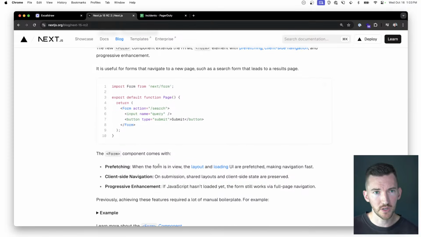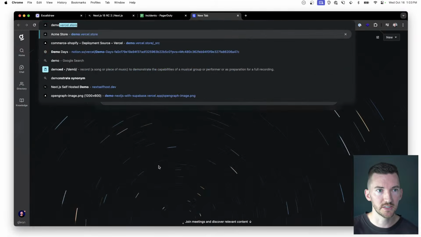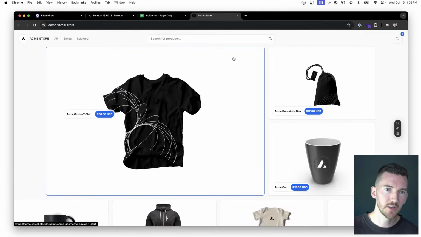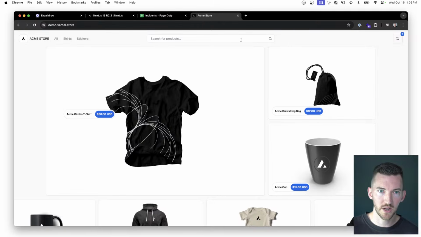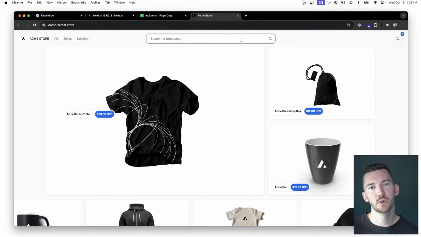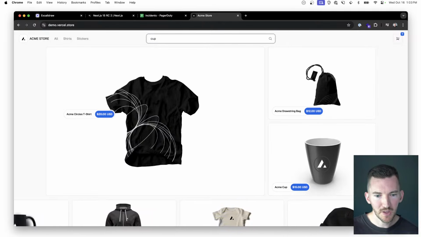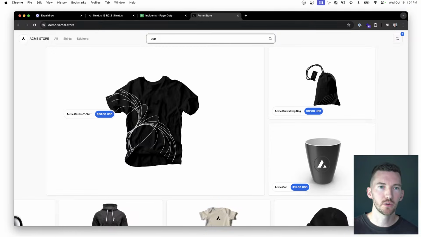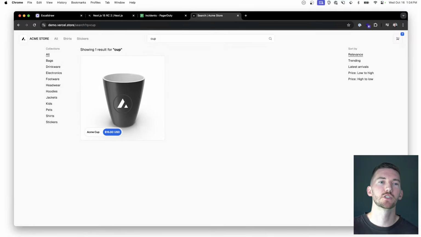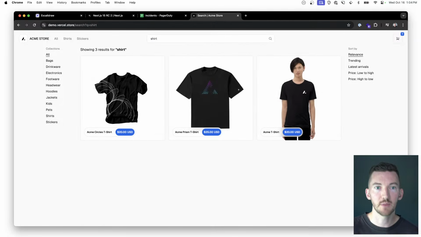I can give you a pretty good example of this, which is Next.js Commerce. So when I search here and I do cup, for example, I want to immediately client-side transition to the route. And in this case, I'm also showing the loading state when I go there. So let me say shirt. And by loading state, I mean